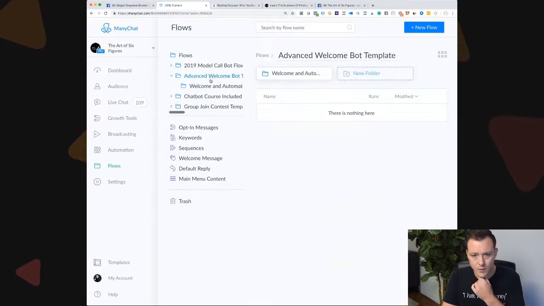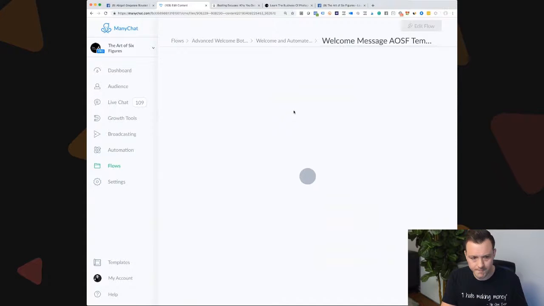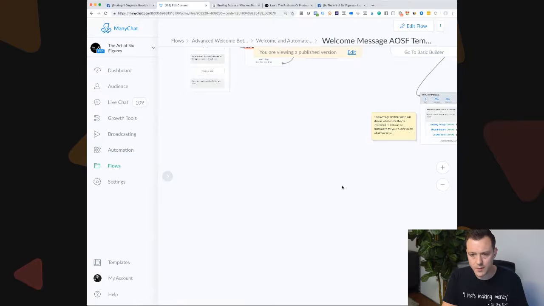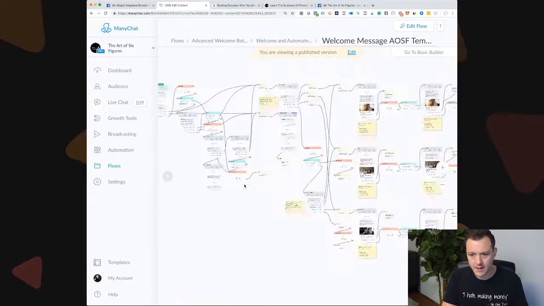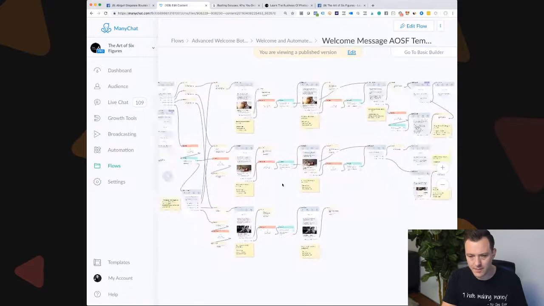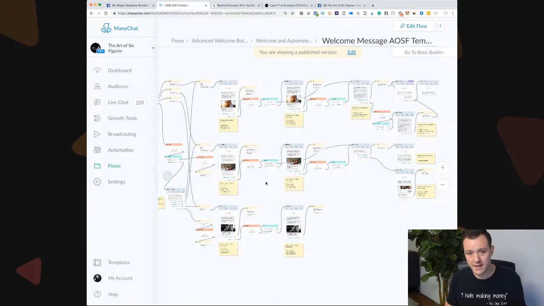So we have an advanced welcome bot here. Let me just bring this up. So this is our advanced welcome bot, okay? And it's pretty complicated. There's lots of tags assigned and reminders. So if people click on a button and they don't finish the task that you wanted them to finish, so for instance, if you want them to go to your booking page and they didn't actually make the booking, then you'll be able to remind them based on the fact that they do not have a certain tag assigned,